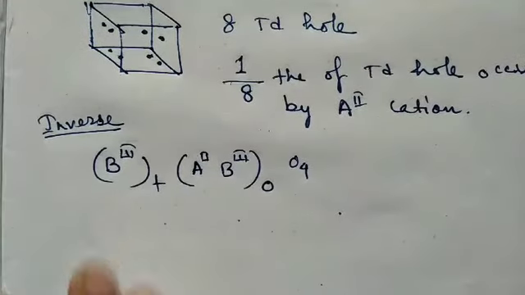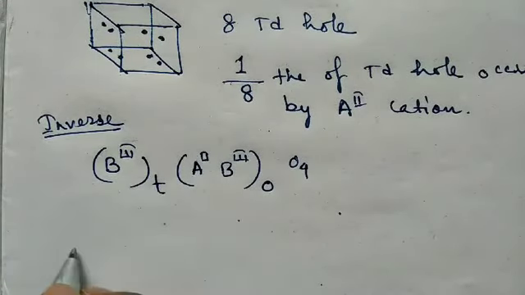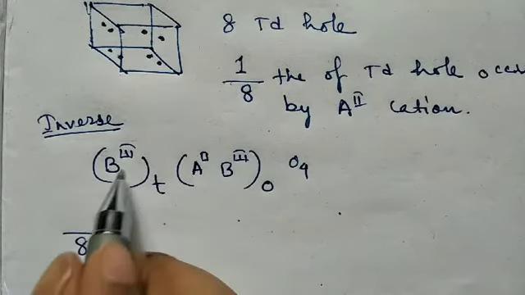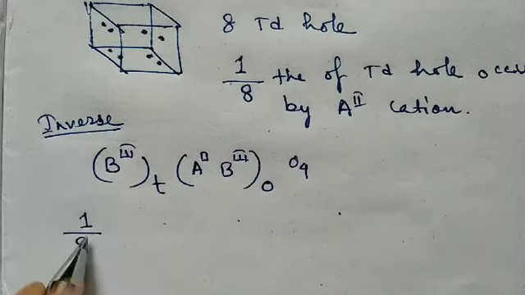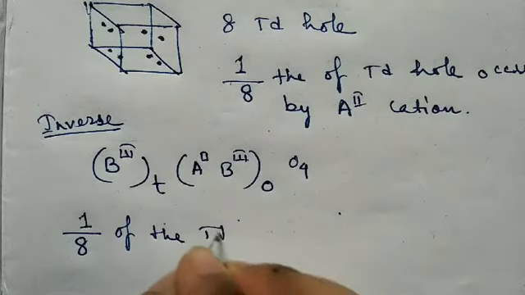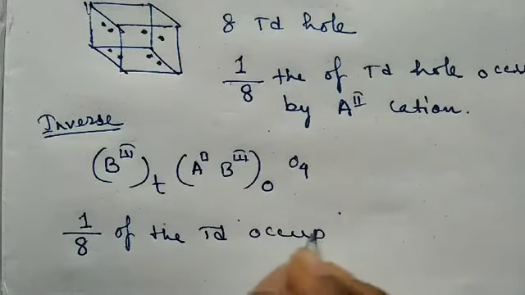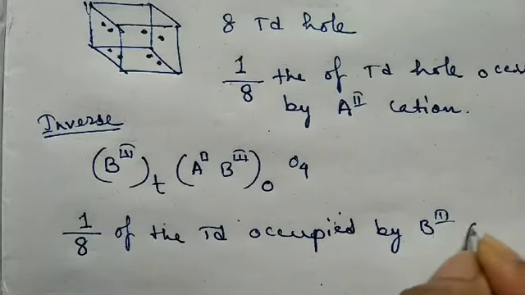In that case, what will happen? How many total tetrahedral holes are there? 8. And one tripositive cation is occupying one of the holes among the 8 tetrahedral holes. Therefore, 1/8 of the tetrahedral holes will be occupied by tripositive cation,